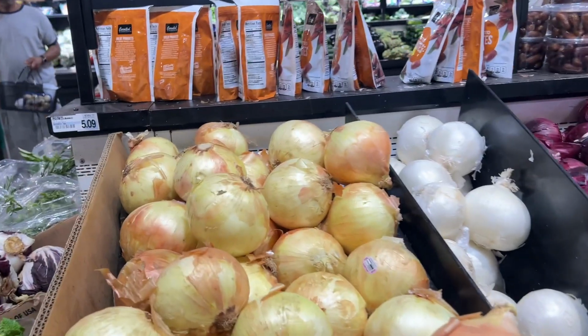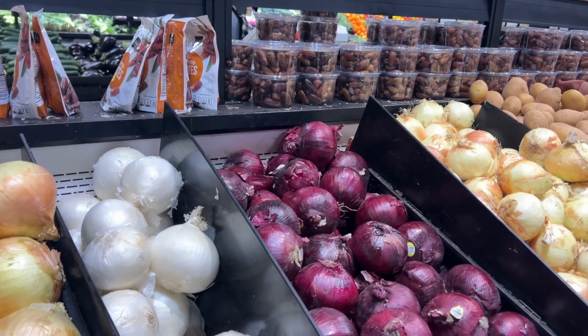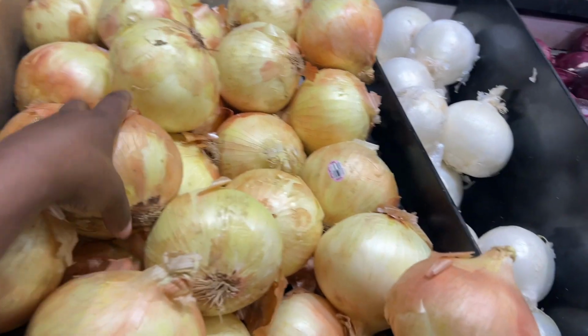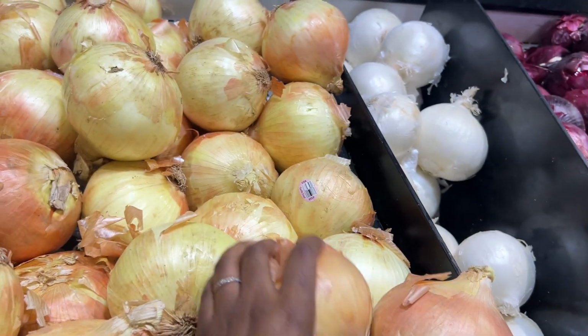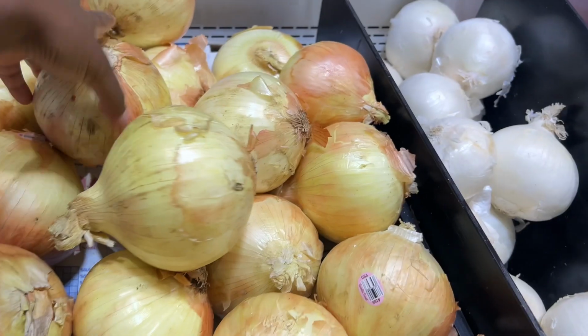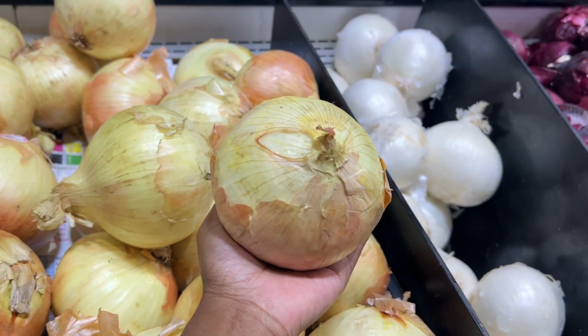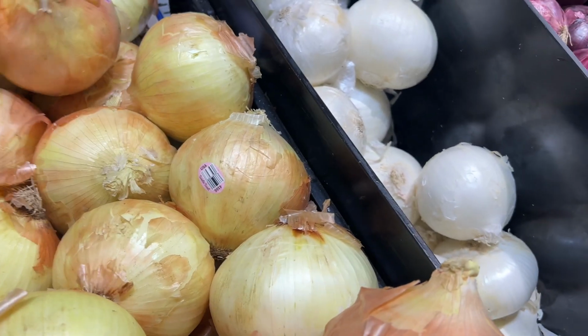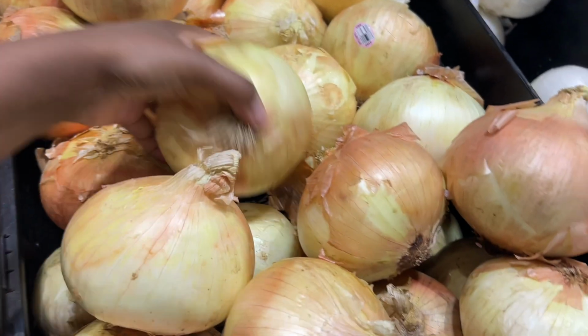A yellow onion in my red beans and rice. I'm gonna get a red onion for my salads, but I prefer a yellow onion. These are massive today. Let's see if we can find a small one. Look how big that onion is. Huge. Huge. I'm not trying to touch everybody's onions, but